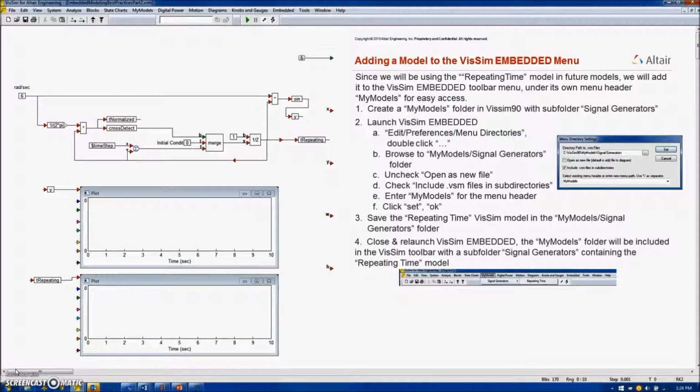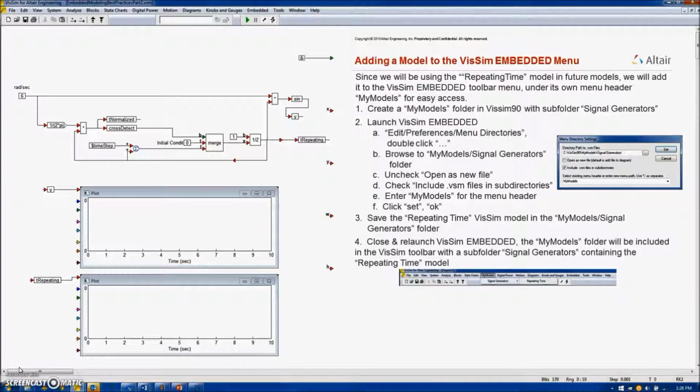In some situations, you will want to create your own folder of models and have them available as a drop-down menu on the VisSim toolbar. For example, we will create our own drop-down menu called My Models, and within it I will create one subfolder called Signal Generators. After using Windows File Explorer to create the My Models folder and the subfolder Signal Generators all in the VisSim 90 folder,